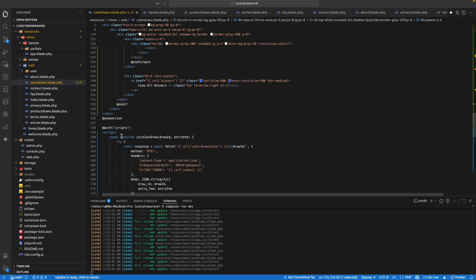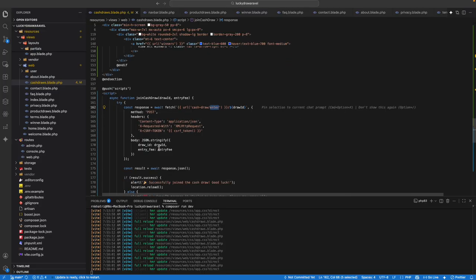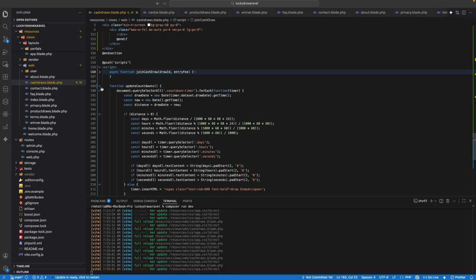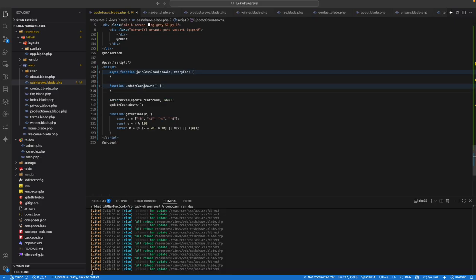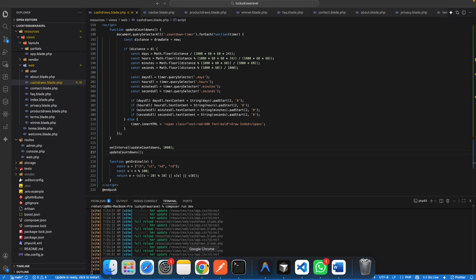And in javascript we are going to use one function, joined cache draws, right. So when the cache draw is entered, so going to the entry fee join successfully with good luck. Okay, this function we will make in the javascript later, next session. And update countdown and countdown interval. This is a timer to show the draws countdown. Okay,